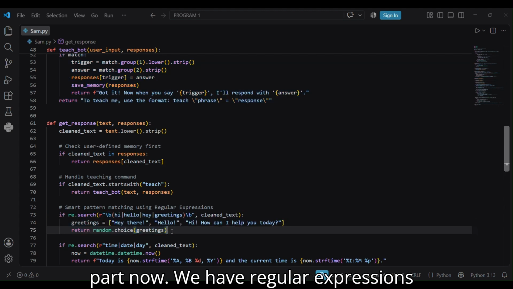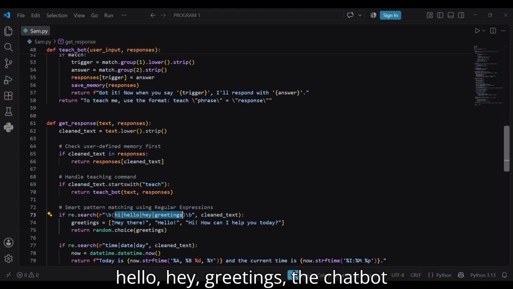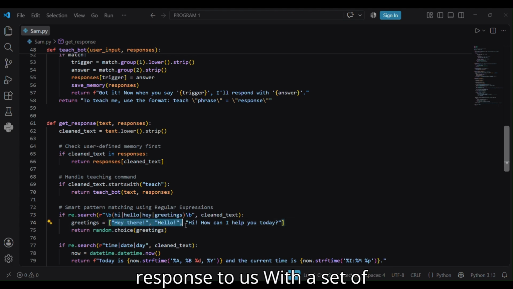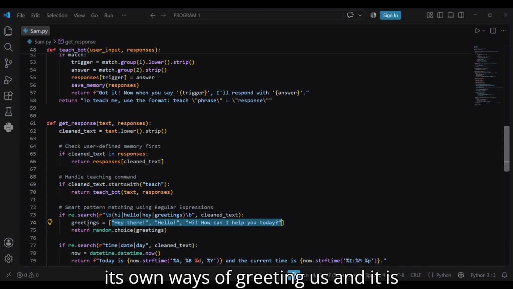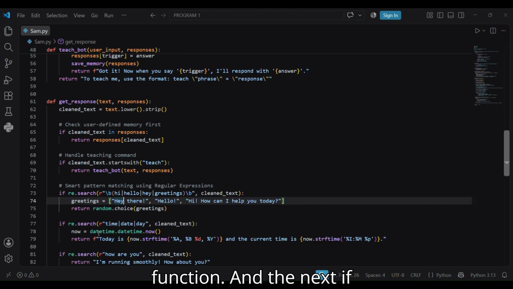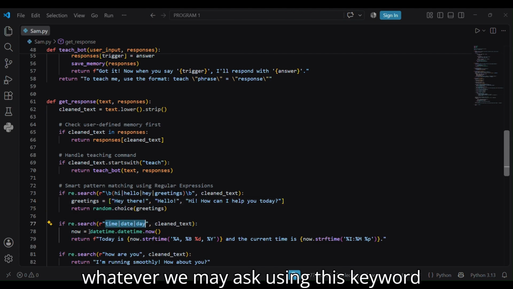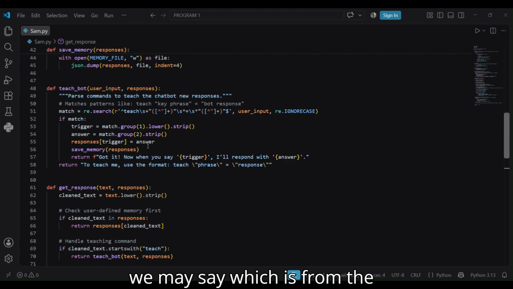Now we have regular expressions here. If we say hi, hello, hey, greetings, the chatbot responds to us with a set of its own ways of greeting us, and it is all randomized using the random function. And the next if statement is about the time, date, or day, whatever we may ask using this keyword, which is from the